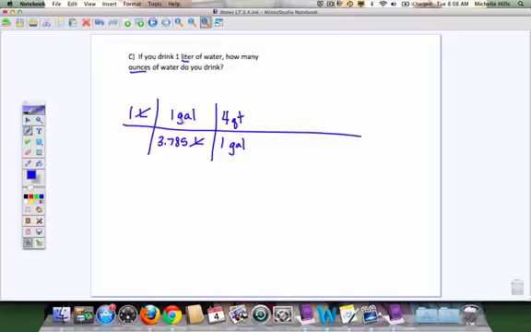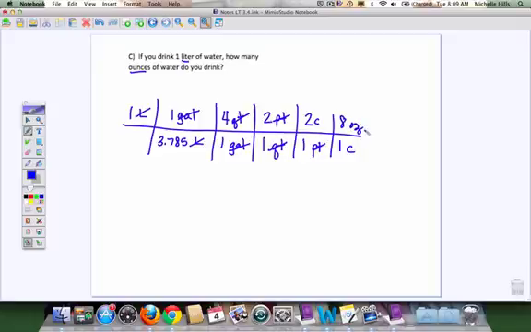And I know these conversions, so I don't need to keep looking back, but you probably would. And then I know that 1 quart is equal to 2 pints. Notice I'm canceling my units as I go. 1 pint is equal to 2 cups. And finally, 1 cup is equal to 8 ounces. Those are fluid ounces, not the ounces like the 16 ounces in a pound. So what I'm going to have to do is take 4 times 2 times 2 times 8 and then divide by the